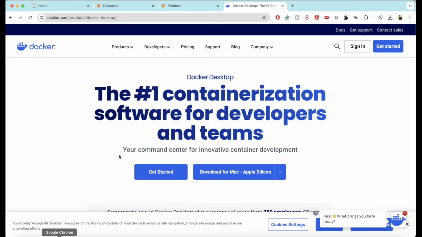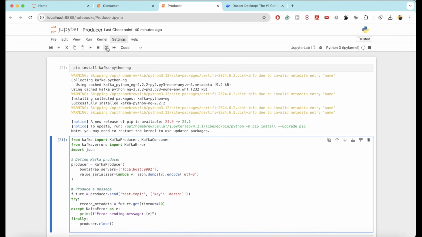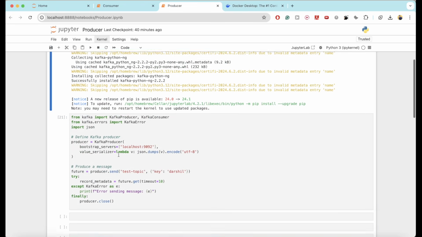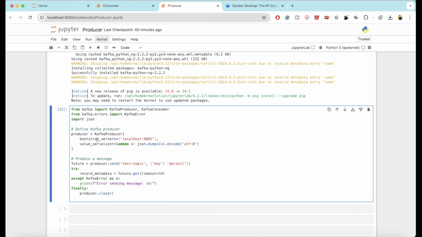Now I can do this same thing programmatically. So this is the Jupyter notebook I have available. All you need to do is just install kafka-python-ng, this package. And once you have this, then you can write code something like this. The code is pretty simple. I have the Kafka producer, I have the Kafka consumer. I will connect to the server, so I provide the localhost, and there is the value serializer. If you have JSON values coming, then you can serialize this value, and then you send the value inside this particular function, producer.send. You give the topic name and you give the value. It can be JSON or any value that you want.